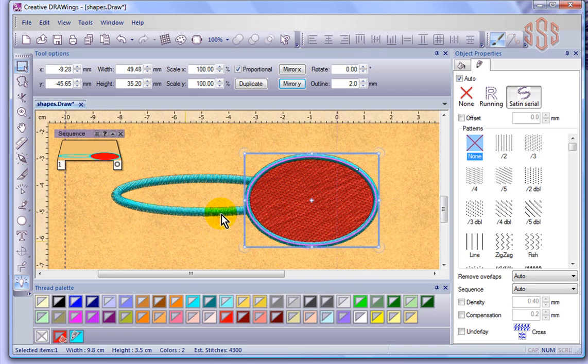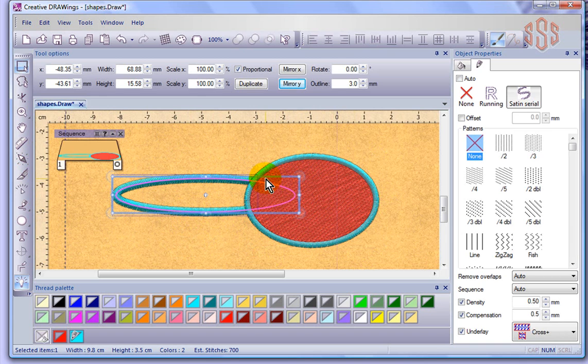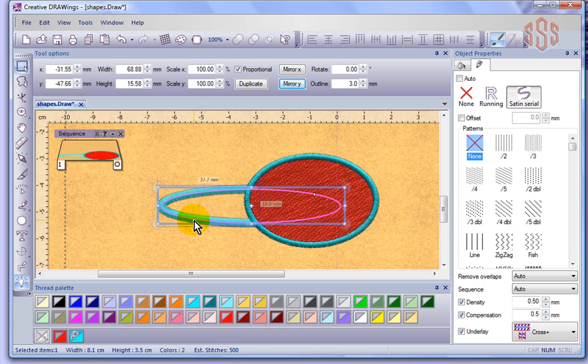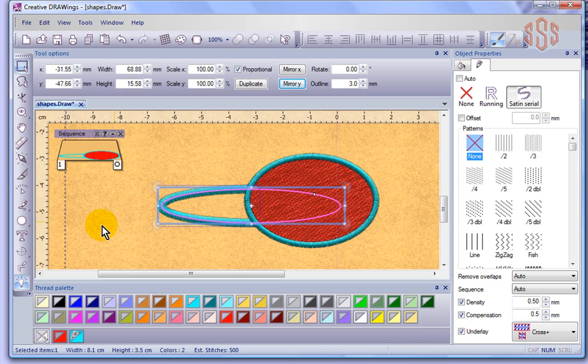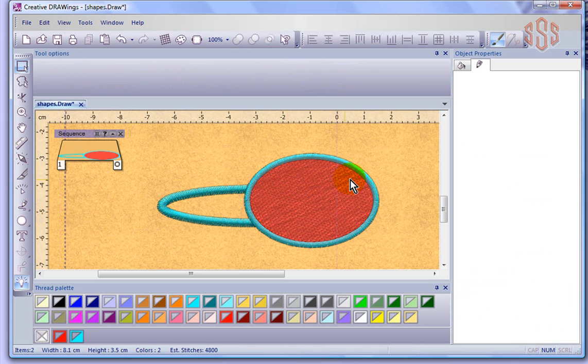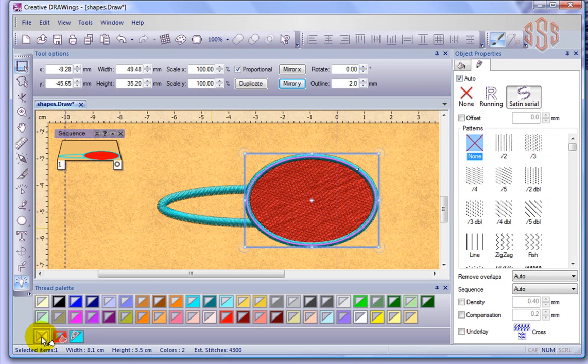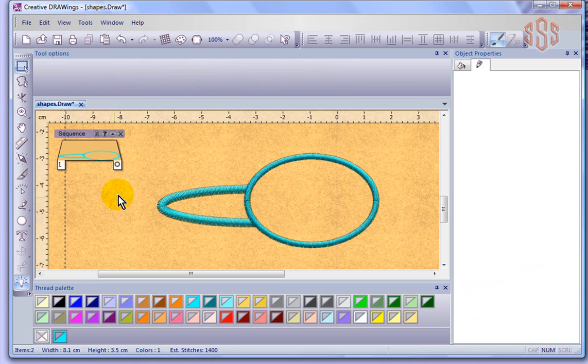I can move this, let's say, so you can still see that the whole outline's there, and let's make it overlap even more. And now I slow redraw, same thing. The shape is still there, but it removes the stitching when it goes to generate the stitches. Now, if I take this object here and remove its fill, so I'm left with an outline